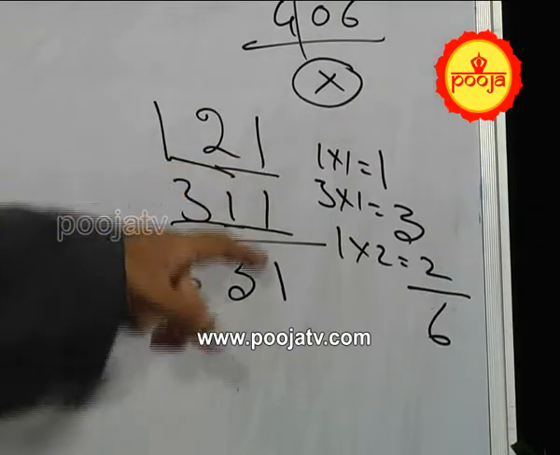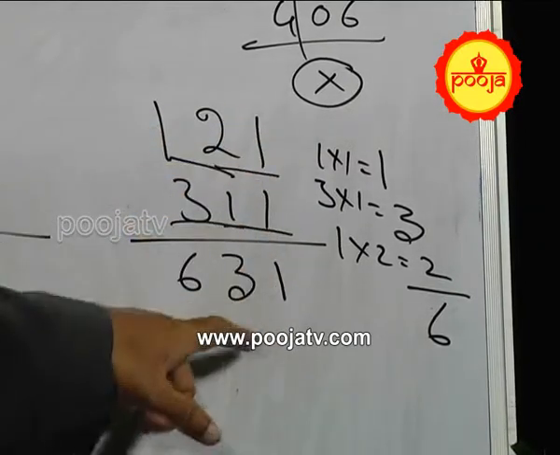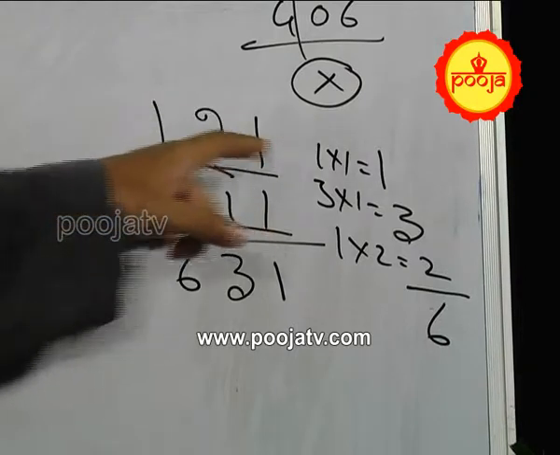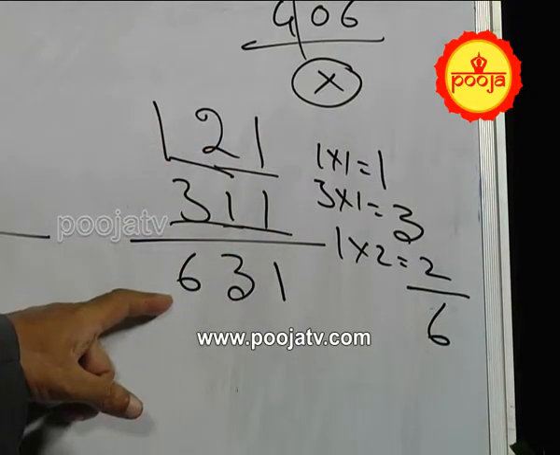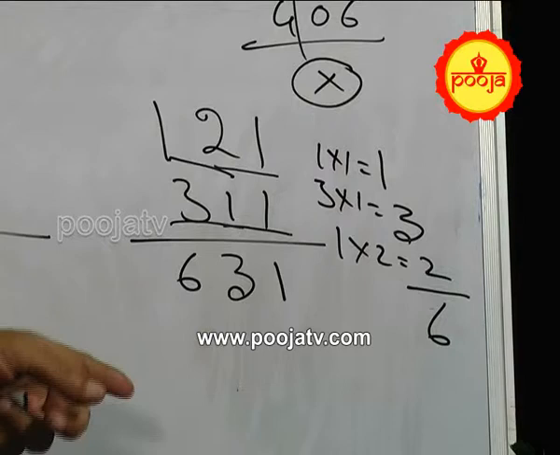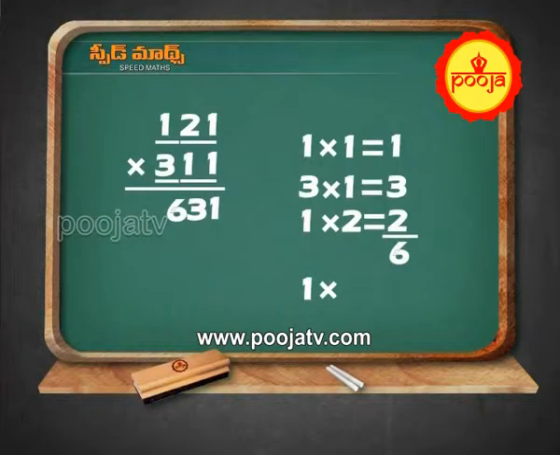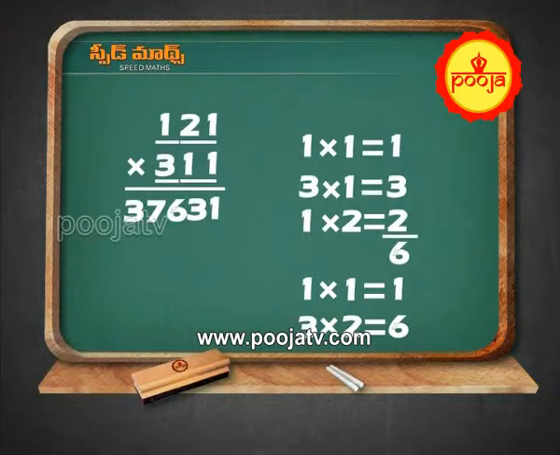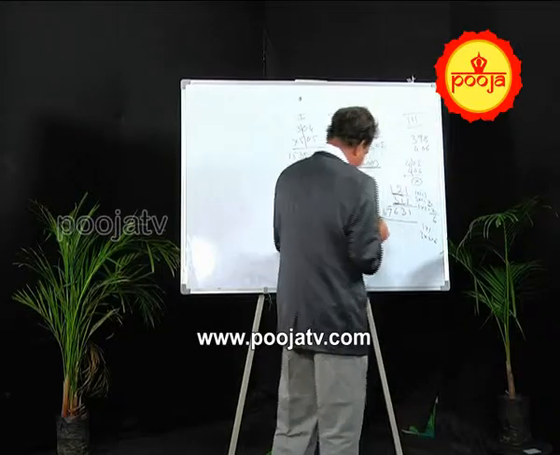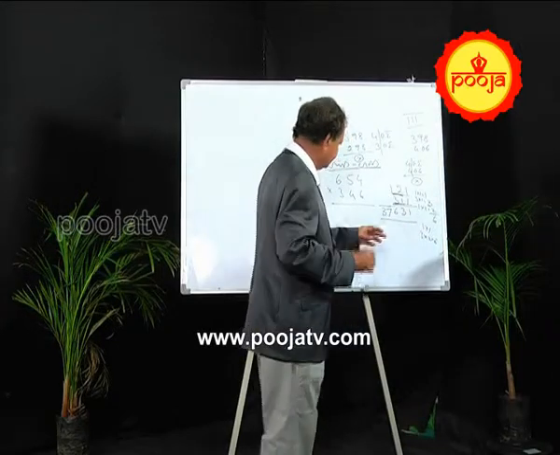Now, first 1 into 1, next 21 into 11 cross multiplication, next 121 into 311 cross multiplication. Okay? Next what to do? All the 3 over. Now, you leave 1 and cross multiply the last 2. Now, you cross multiply 12 and 31. 1 into 1 equal to 1. 3 into 2 equal to 6. So, 6 plus 1, 7. And finally, 3 into 1, 3. This is the answer.